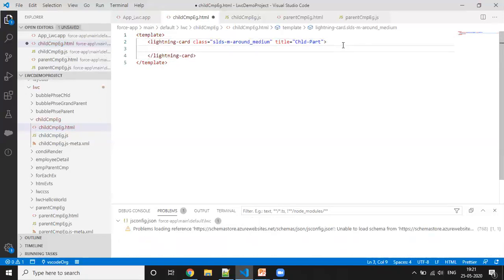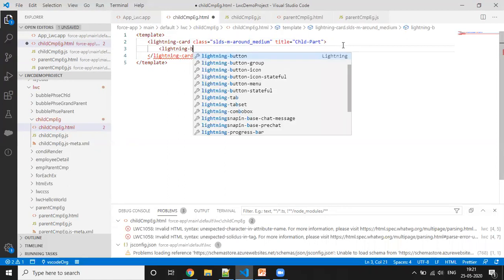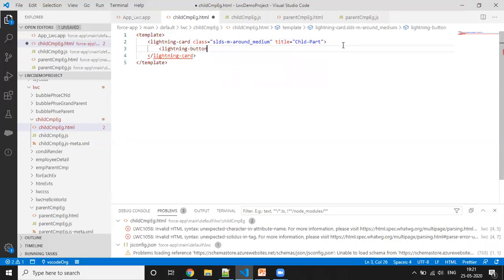Inside this, I'm going to create a lightning button with on click. I'll close this tag to avoid the error.